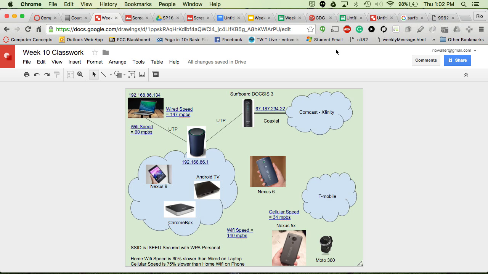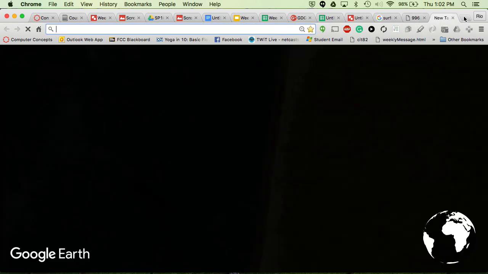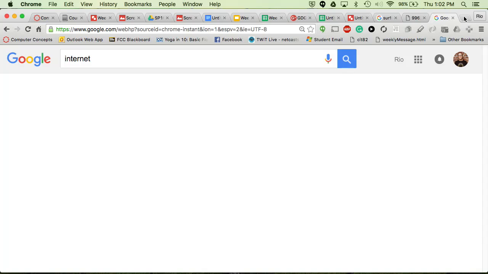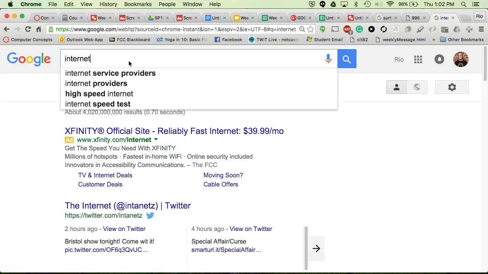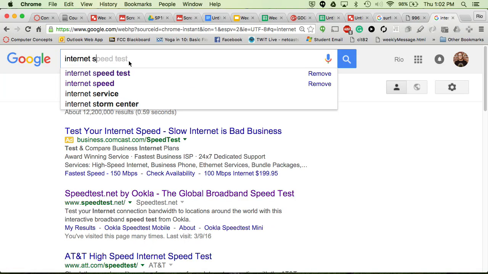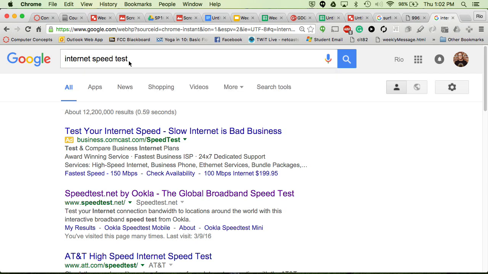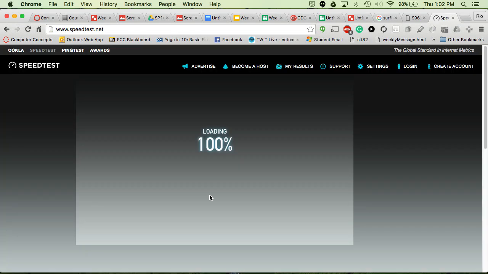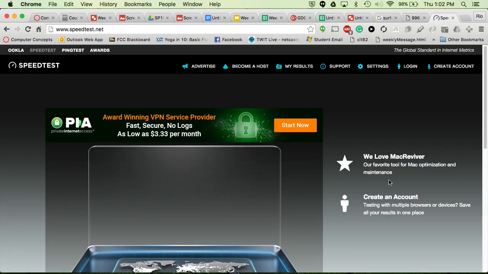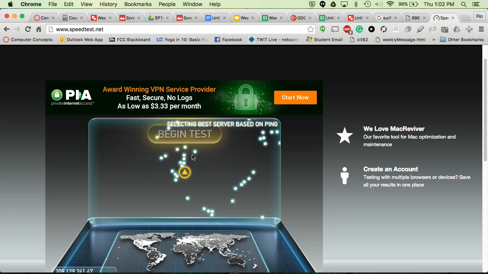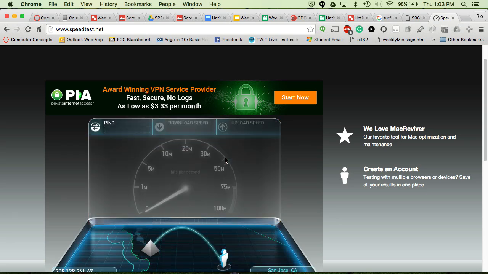So how do you do, and we've already learned this, right? How to do an internet speed test. Pretty simple, right? You go to internet speed test. No, sorry, I should have said the whole thing. Now, I'm going to end up having you do this also on a mobile device, so you're probably going to get the app, which is the way I did it for the other second part. So you come here. Right? You begin test,